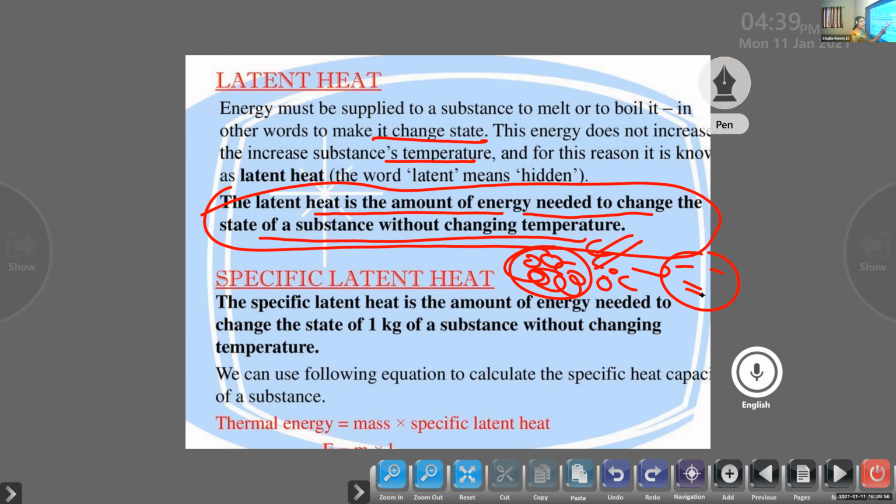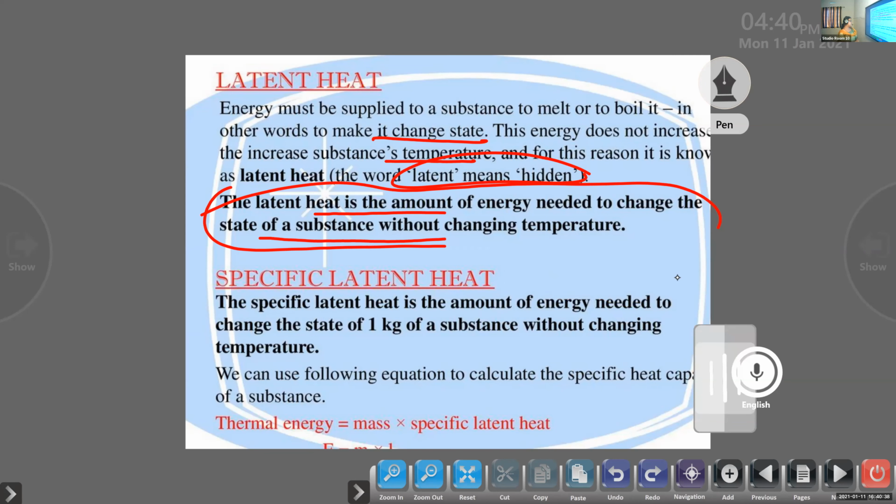So till that complete change of state, the ice remains at 0 degrees Celsius. In that particular time, the heat energy you give is known as latent heat. Latent means hidden. Similarly, during boiling the same thing happens. Once you attain the boiling point, however much heat energy you give, the boiling point is not changing; the water is fully converted into steam. So that is why it is latent heat.